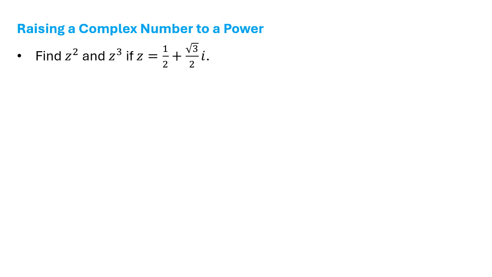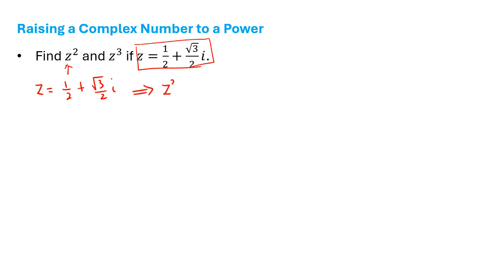So with what I have here, I am going to find z squared and z to the third power if z is given by this. Let's get started. Let me start with z squared. Since z is given by 1 over 2 plus square root of 3 over 2i,